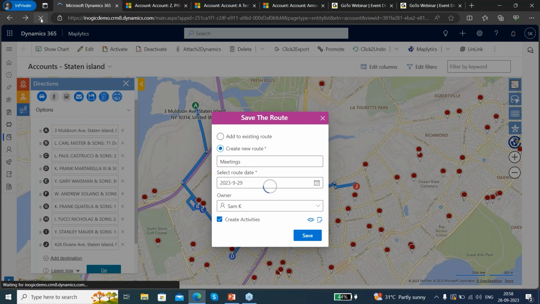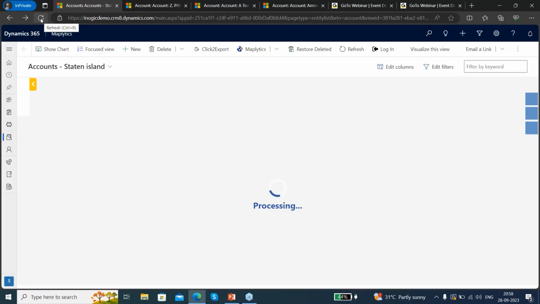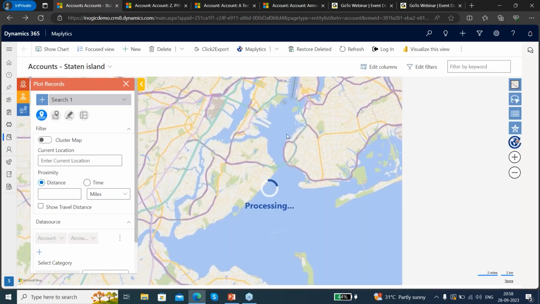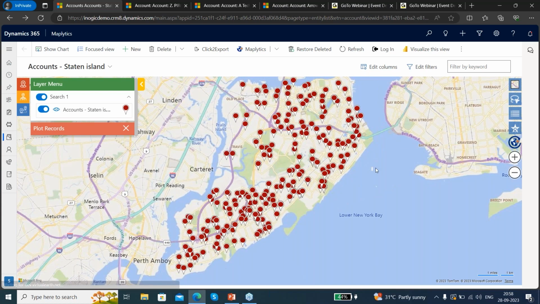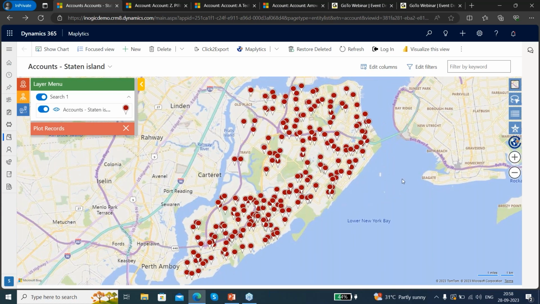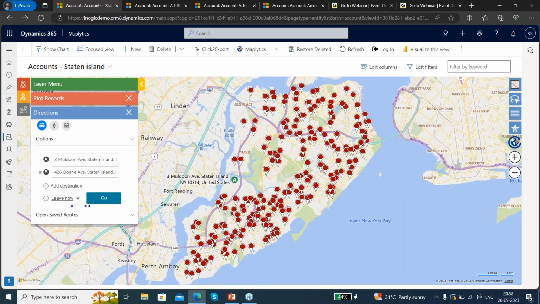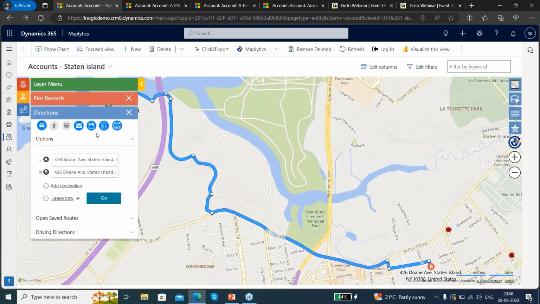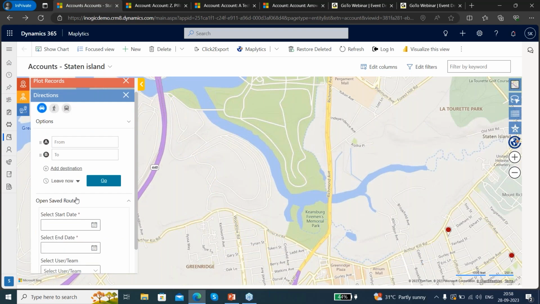Now let's move on to the next feature we have for this webinar, which is multiple routing. So multiple routing, as the name suggests, you will be able to see multiple routes all together on the same map. So here I'll just go for the direction card, and now I'll just go for open saved route. So here let me choose a date,